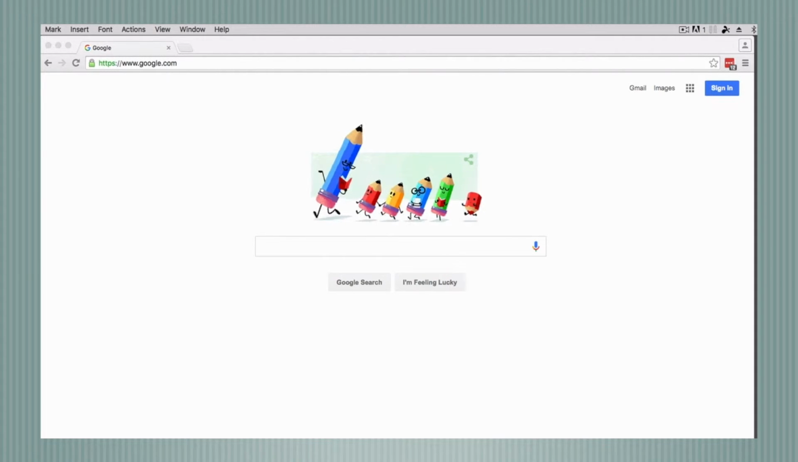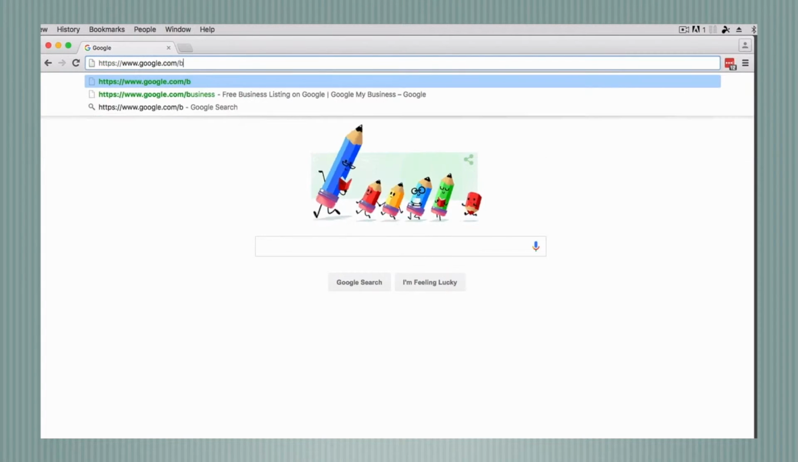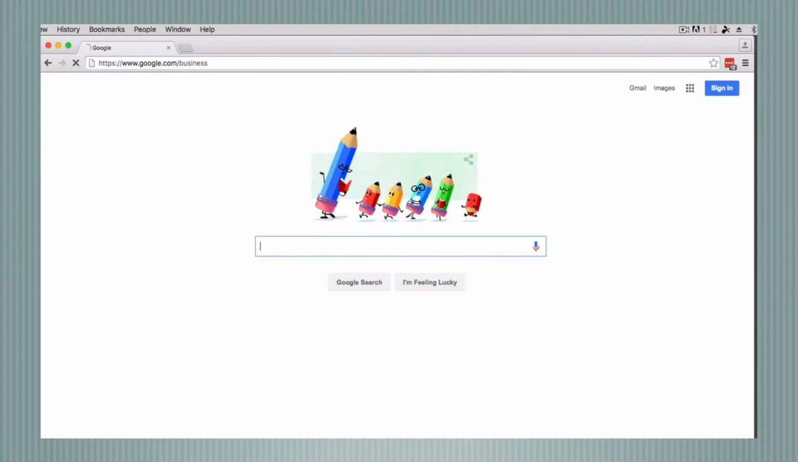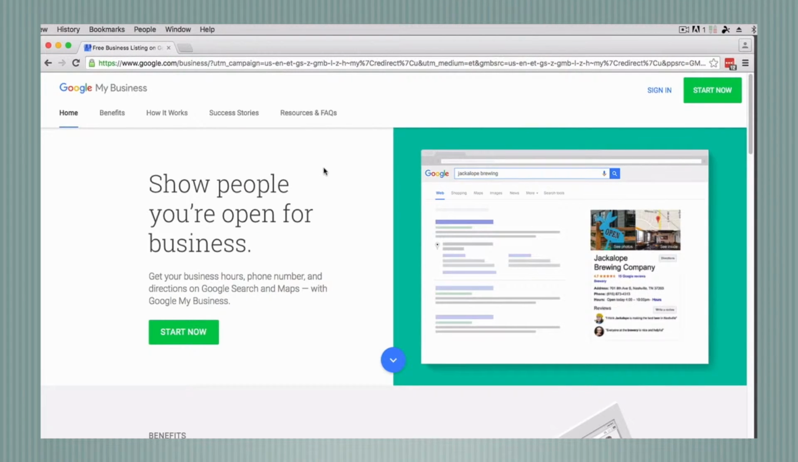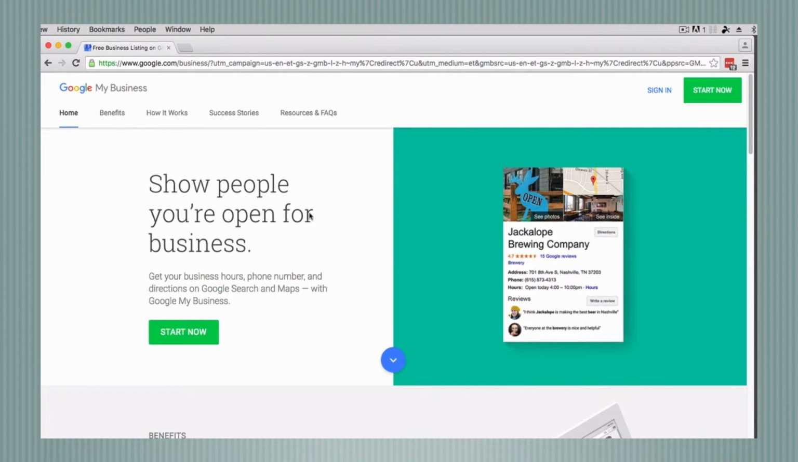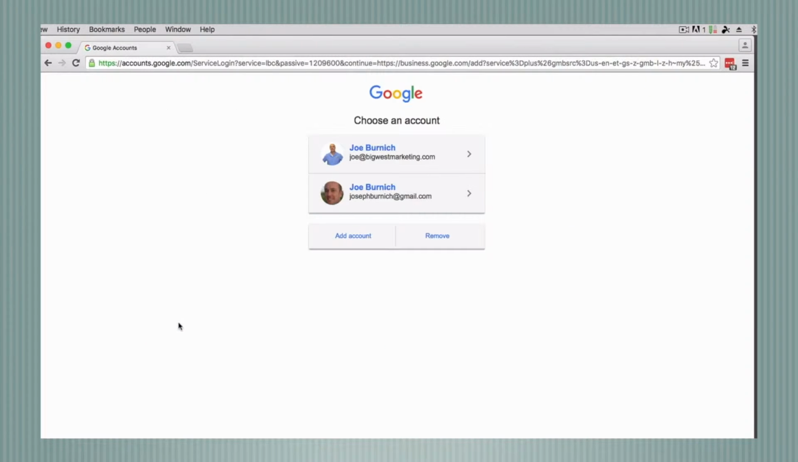So, we're at google.com right now, and what we want to do is go to google.com/business. This will take you to the Google My Business intro screen, and you just click on the Start Now button. If you already have a Gmail account, you can use that, but we're going to go ahead and set one up from scratch. So I'm going to go Add Account,